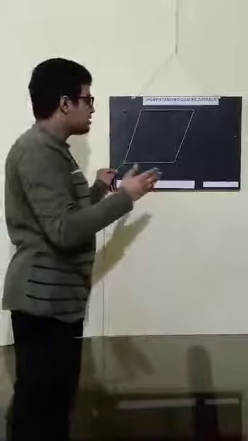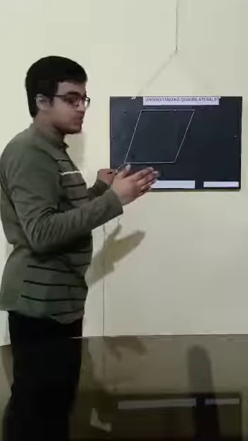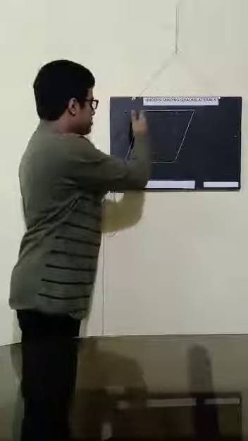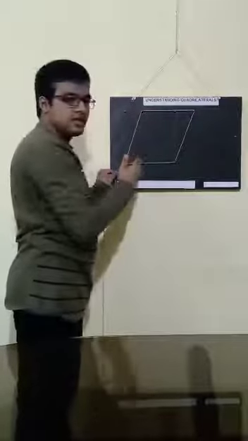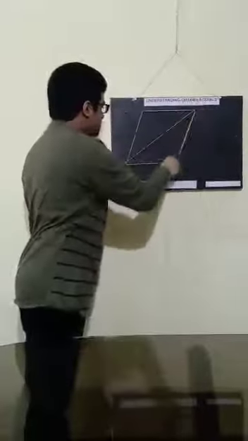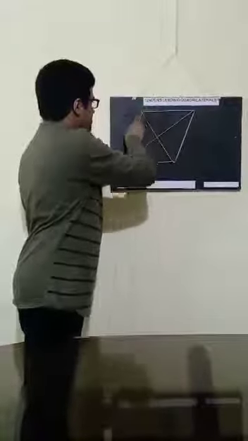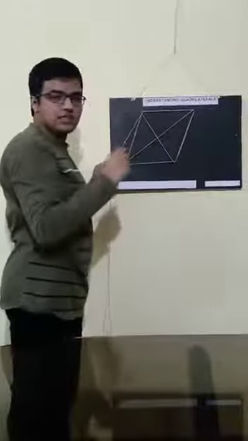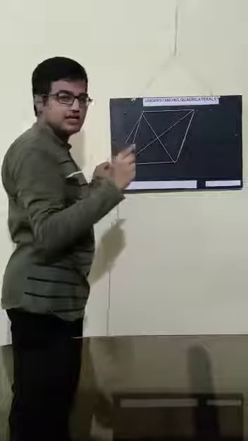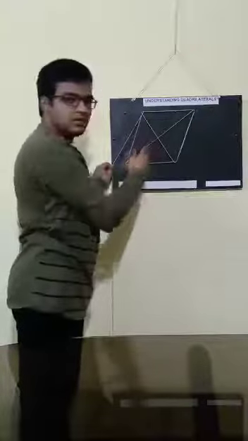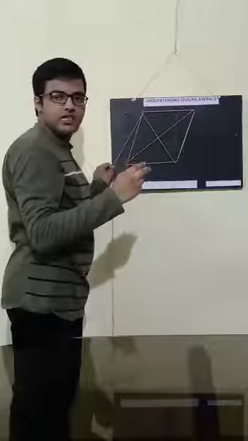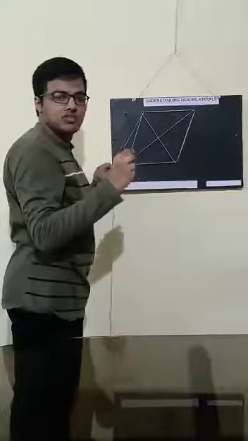In a rhombus, it has all the properties of a parallelogram, such as the opposite sides are parallel and equal to one another. The opposite angles are equal to one another. And the diagonals bisect one another. In addition to this, the diagonals of a rhombus exhibit one more interesting property, that is, they are perpendicular to each other. Hence we get the following property: the diagonals of a rhombus are perpendicular bisectors of one another.